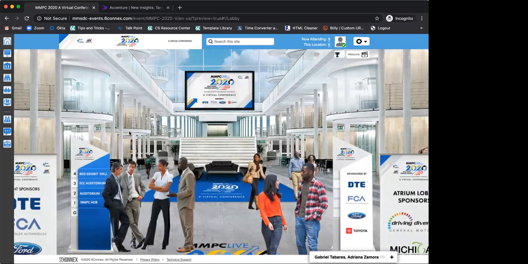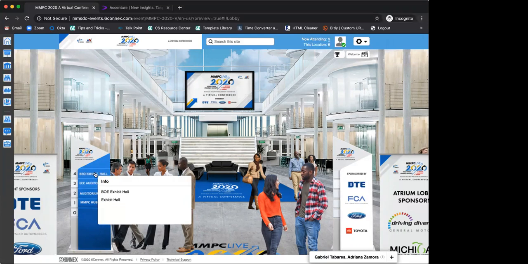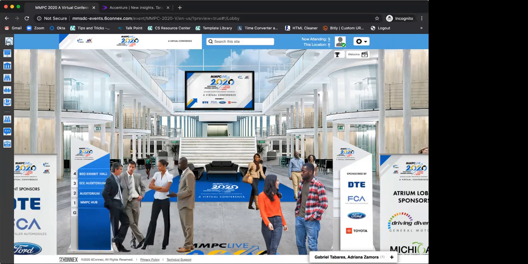All right, Adriana, real quick, because I know you have another training. Yes, I need to drop. The icons, this is the same view that everyone will see when they log in, right, regardless of their role? Correct. I was asking what the blue and white icons are. What do they represent? I think if you hover over it, it gives you a description, correct? Yes, it does. It says, click here to return to the lobby. It says to see the auditoriums, the halls, the meeting rooms, the lounges, the custom rooms.